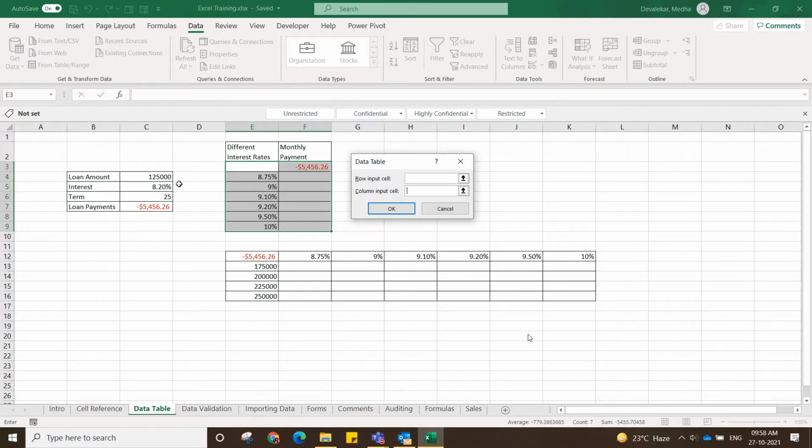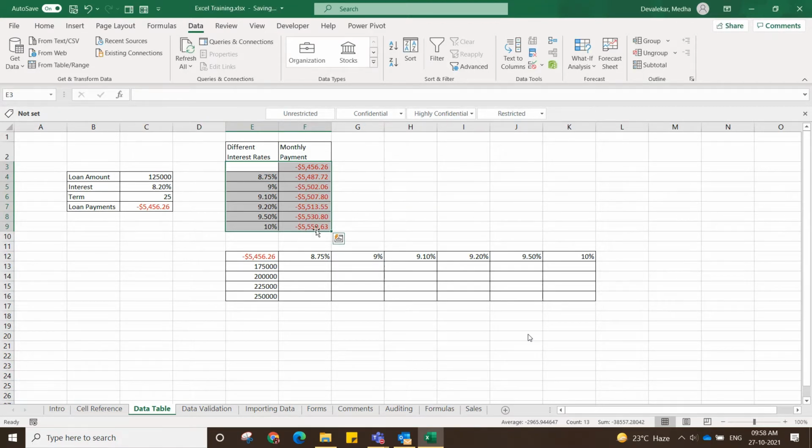Then I will select this whole thing, click on Data, What-If Analysis, and Data Table. Then we can put which cell is changing. Here in this formula, the changing factor is the interest rate. So we select the input cell as this interest rate C5. It will give $C$5 here. Again you can see it keeps both constant. Once I click OK, you'll see this has been calculated based on this interest rate.